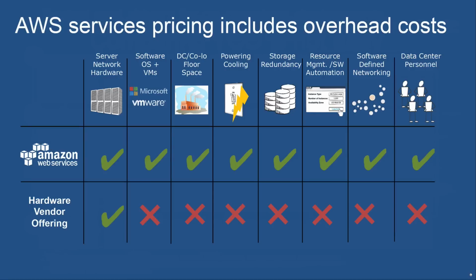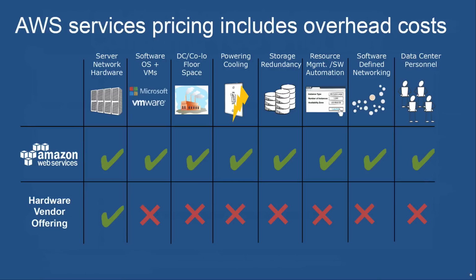And you can see here an example of some of the less obvious components that you may have to consider in your cost model when you're thinking about what the costs of buying hardware and operating on your own premises are versus the costs of using services from the AWS Cloud. It's quite common for hardware vendors, when they come to do their TCO comparisons, to only consider the acquisition cost and maintenance costs of the hardware and compare that against AWS services and say, oh look,